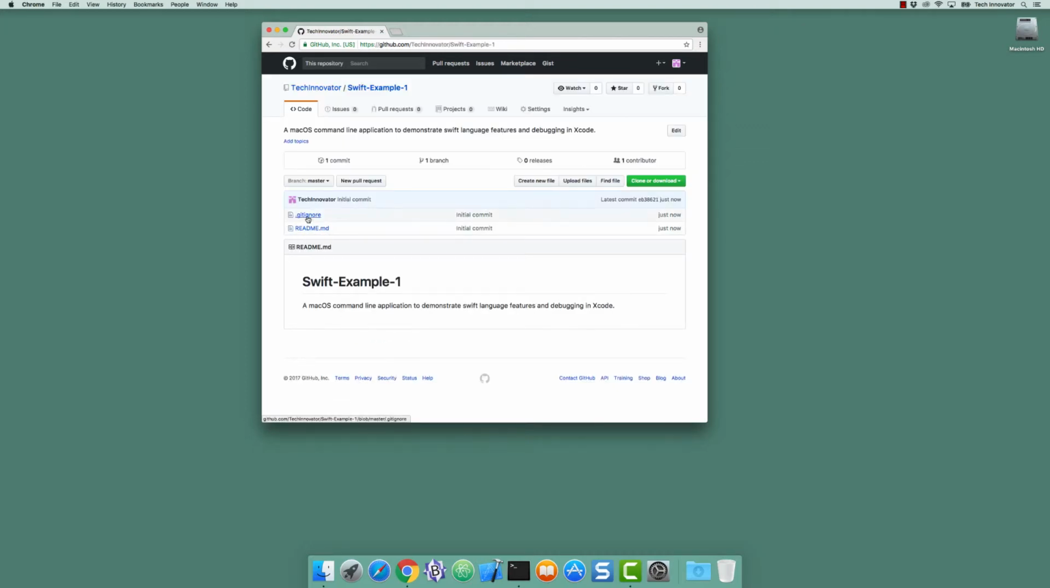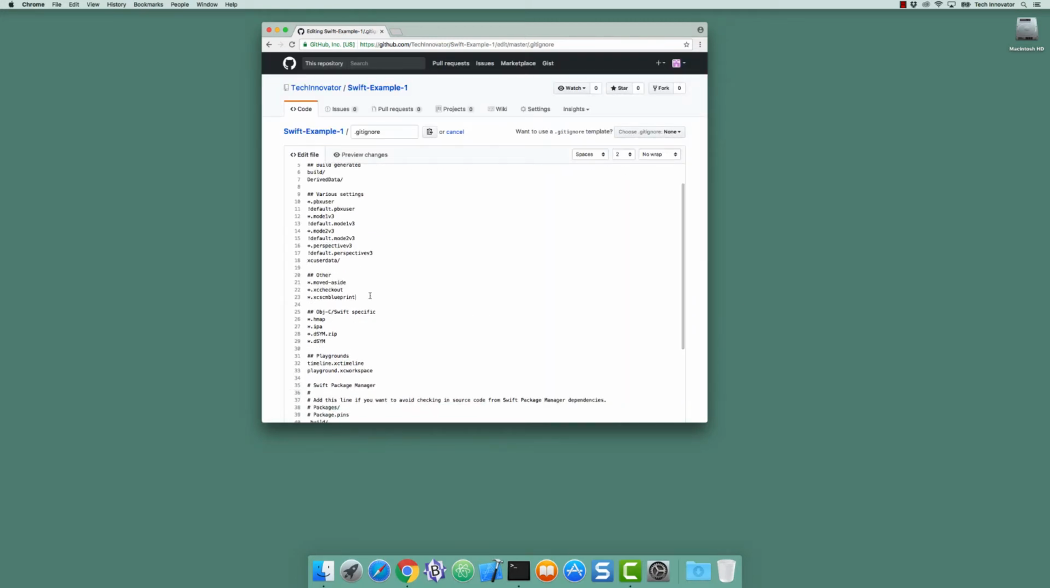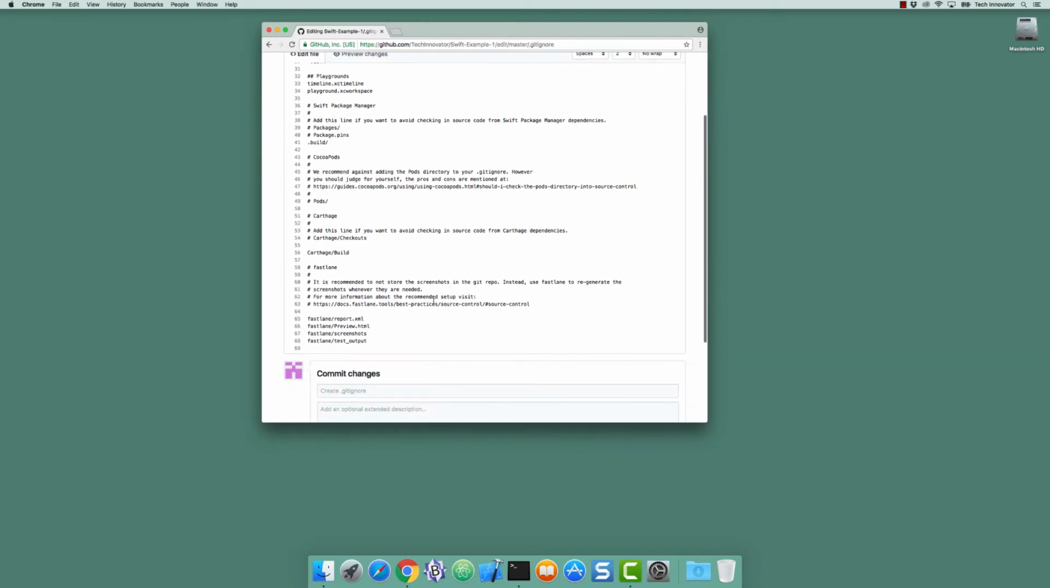And once it's been created, I'm going to modify my gitignore. So I'm going to edit it. And then in the other section of the gitignore, I'm going to add that I want Git to ignore .DS_Store files. And once I've added that, I can go down to the bottom of the page where the commit changes